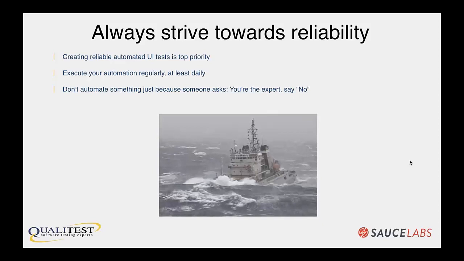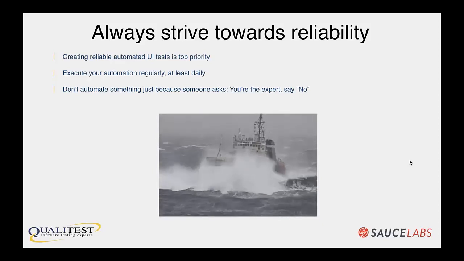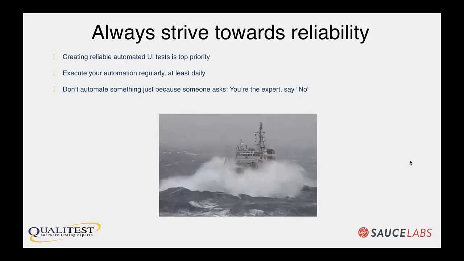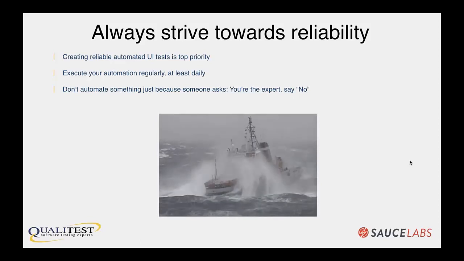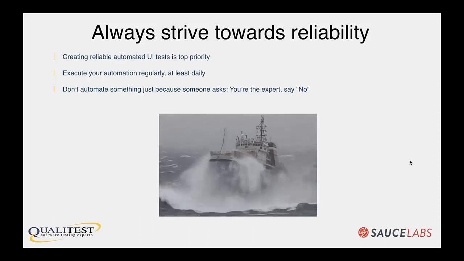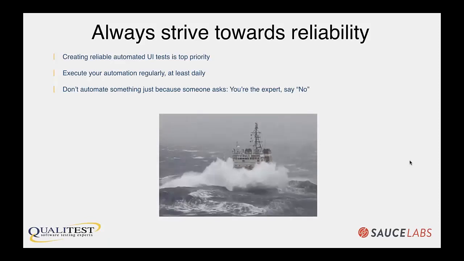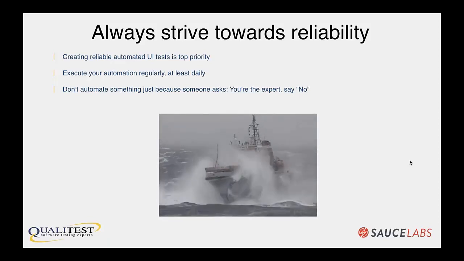The reason for that is it's going to provide you feedback from your test automation about not only the state of your application, but you're also going to know how your test automation is doing. And so that will allow you to find any kind of problems in your test automation, and you'll be able to remove those problems from your test automation and make sure that it is more stable.